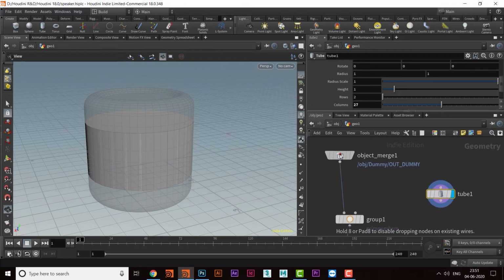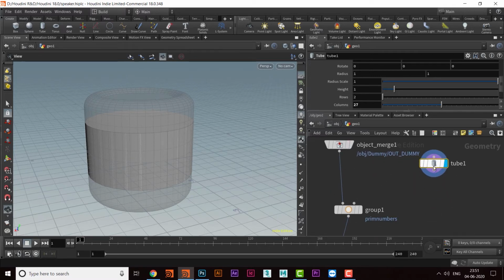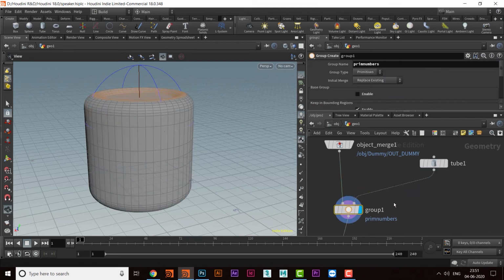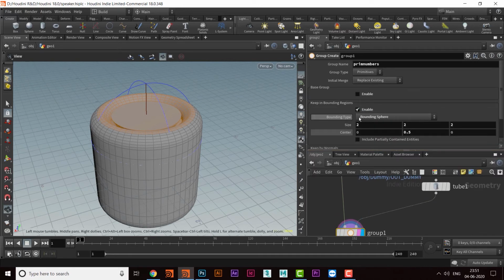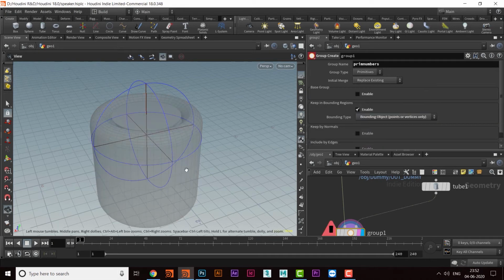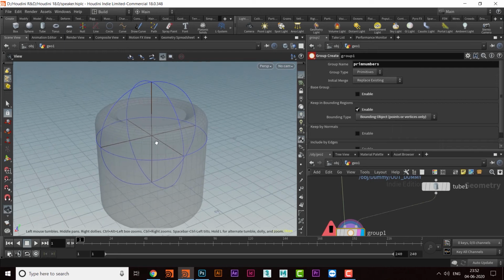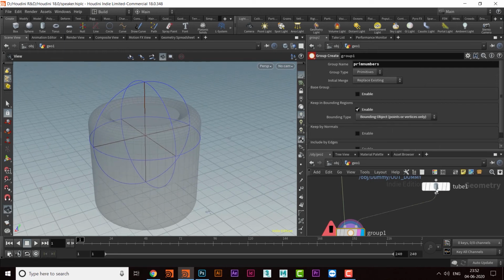So what I have to do, I have to connect its output to the second input of the group, and then I'll come here. But we are already seeing that this bounding sphere is visible there. So if we take the third part, that is bounding object, but the problem with that is primitives will not be selected when any external object is taken.